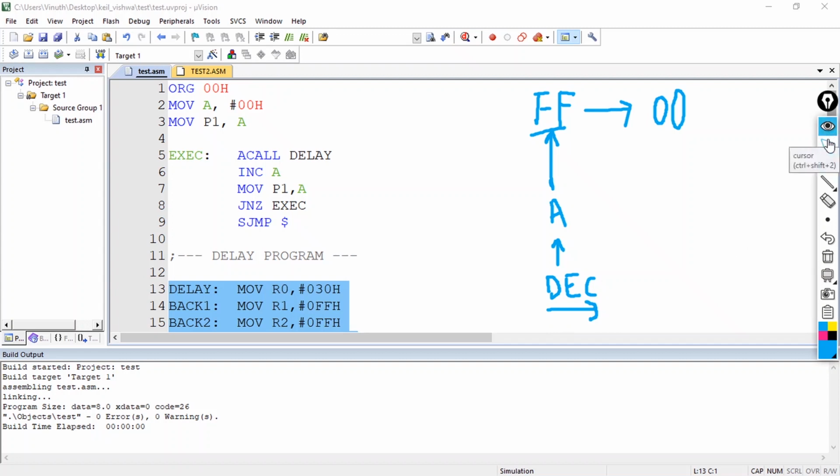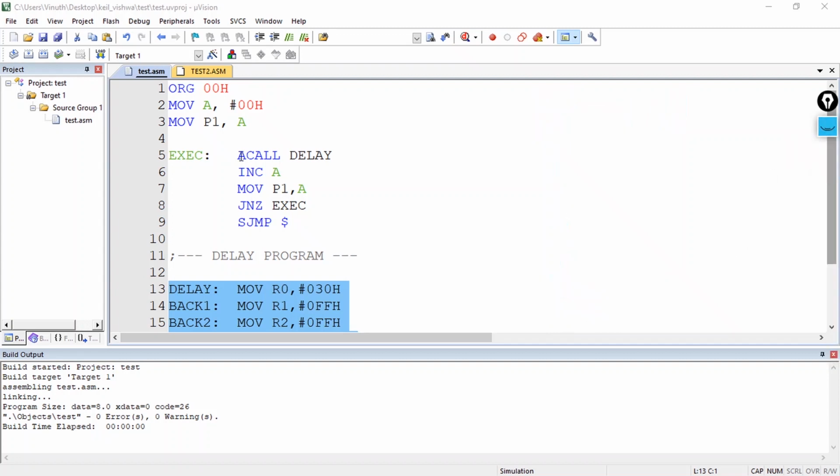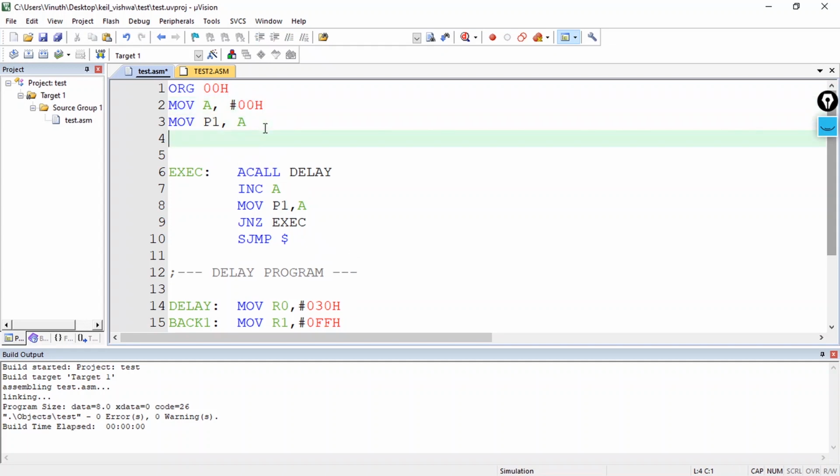So what change can we do? Since I need to load my register A with FF hexa, I'll be writing 0FF hexa. Why? Because the immediate addressing mode has to always start with a numerical. So I have loaded with FF hexa. Here this P1 part is not going to happen. So let me add #00 hexa, MOV P1, A. So I have made my port 1 an output port.